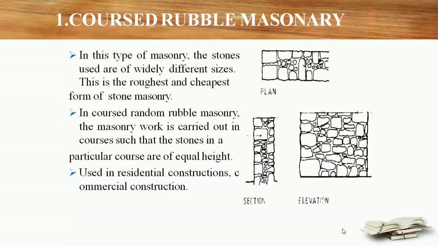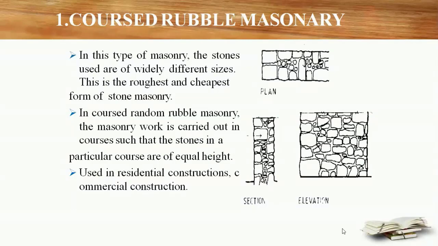So in the coarse rubble masonry, the walls are built in courses but without mortar. This type of masonry is extensively used for the construction of a compound wall. To make it more suitable, two courses of about 0.54 meter length at the end are sometimes built with mortar at the top. It is the cheapest type of construction but needs a skilled mason. Next is the coursed random rubble masonry.